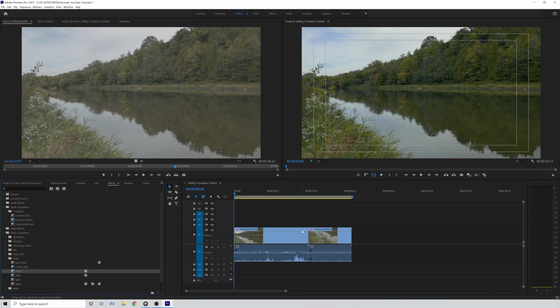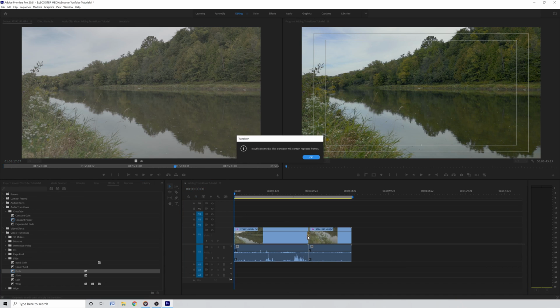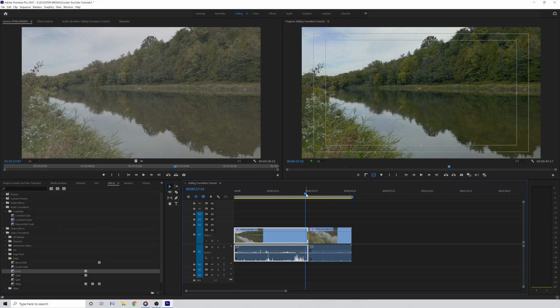One thing I should mention is that there may be times when you want to add a transition between two clips, but an error message comes up saying insufficient media, the transition will contain repeated frames. Normally this happens when you try and add a transition to two clips that haven't been cut or trimmed yet, and Premiere is basically saying it needs more frames of video for this transition to work properly. You can ignore the message and hit OK, and the transition will still work, it just may not be as